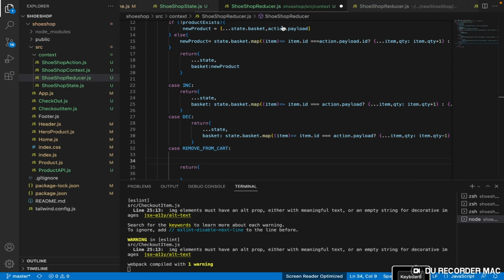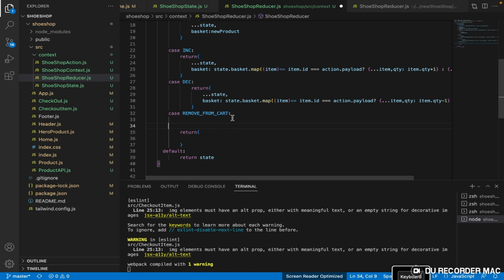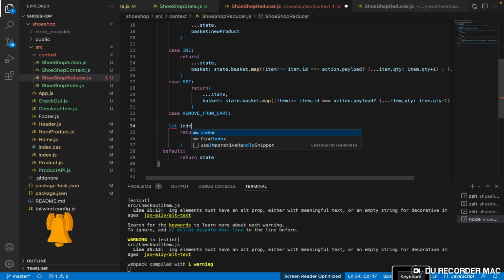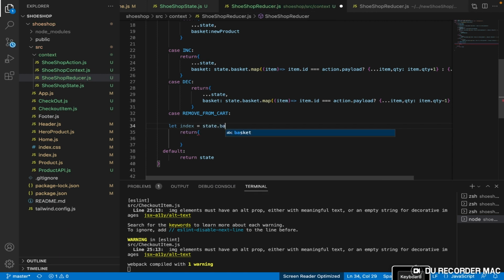We're going to, but to do that, first I'm going to declare a variable, and I'm going to call this variable index, and this index should be equal to state.basket dot find